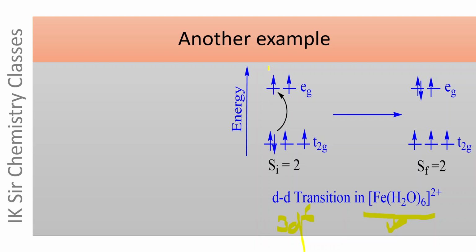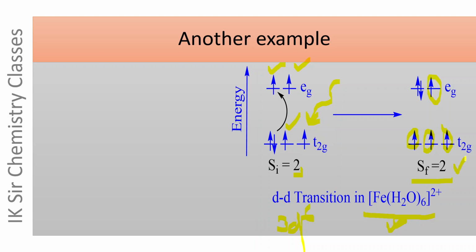There are 4 unpaired electrons in the initial energy state, and therefore Si will be equal to 2. If this electron having downward spin is promoted to a higher energy level by absorbing UV visible light, this electron gets paired up in the eg orbitals, and the number of unpaired electrons in the final, excited energy state is also equal to 4, and therefore Sf will be 4 by 2,